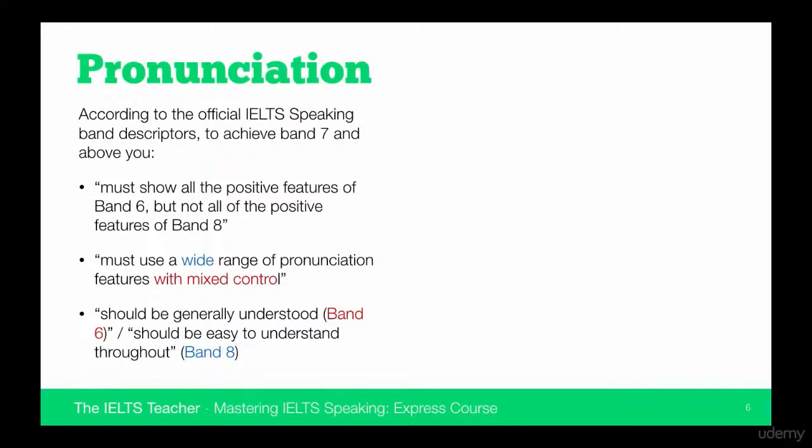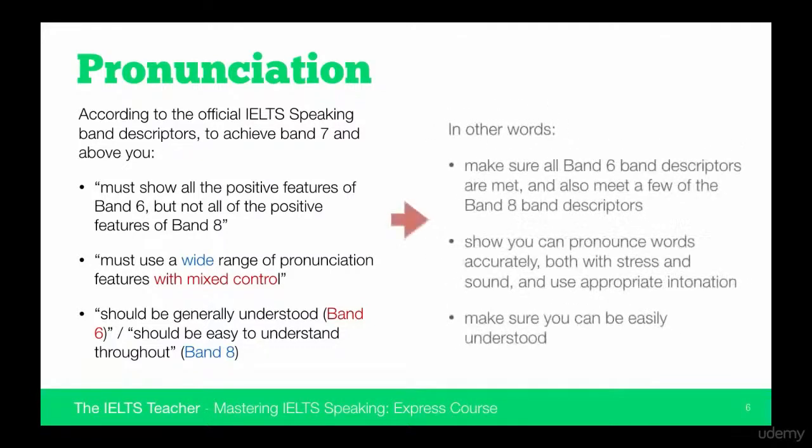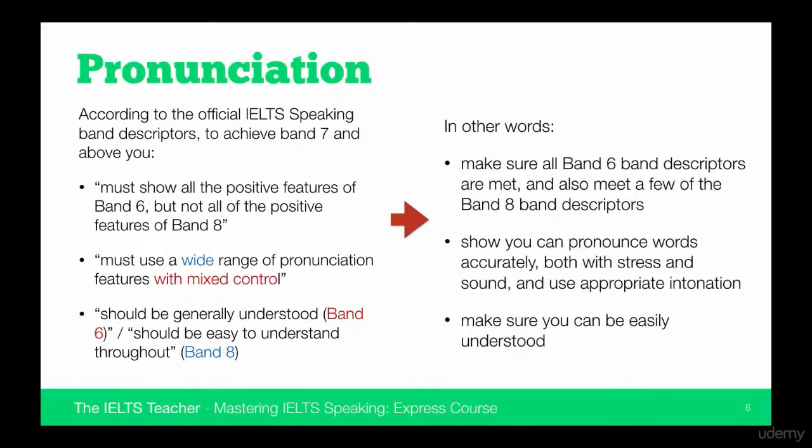features with mixed control. Essentially, for band 6 you need to generally be understood, but for band 8 you need to be easy to understand throughout. Those are in the band descriptors. So if we think about this in basic terms, we can see that you need to make sure that all of the band 6 band descriptor criteria are met, but also meet a few of the band 8 band descriptor